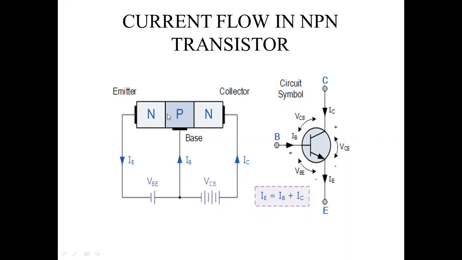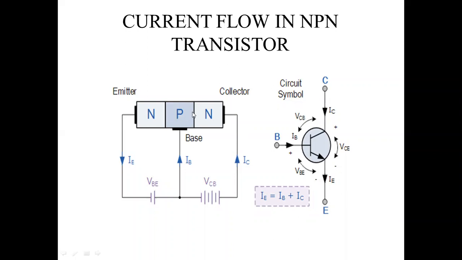They will break here now. Whatever the PN junction is there, the emitter junction, it will break here. Once it is broken, it means the positive supply we have already given from the base. Yes, here the positive supply is given. So because of this, holes and electrons, the depletion layer will start to decrease from both sides. It is going to start to decrease.